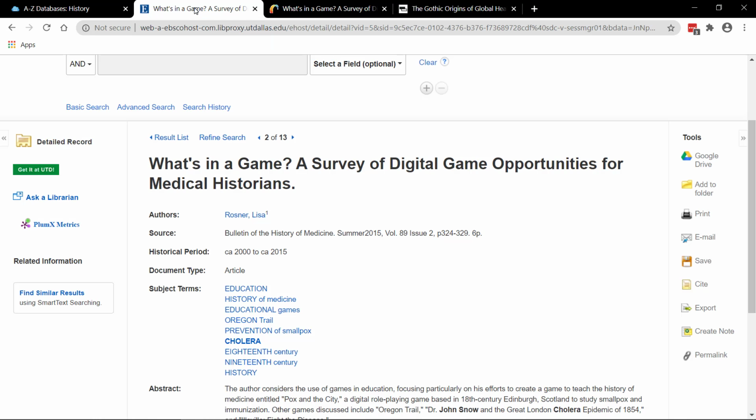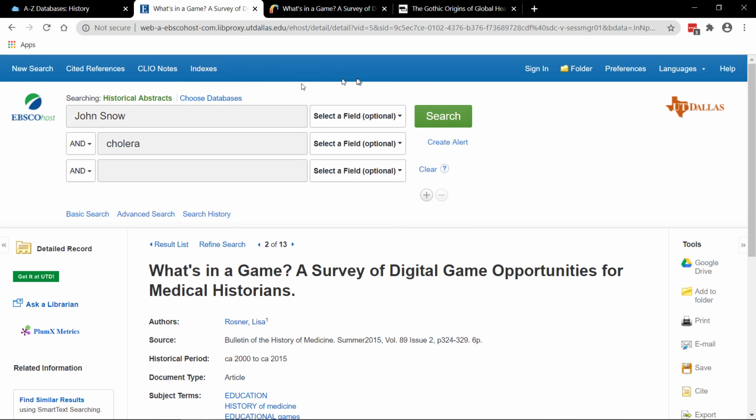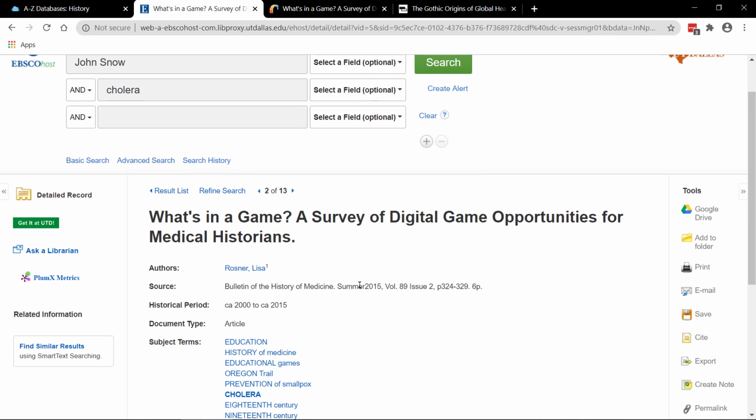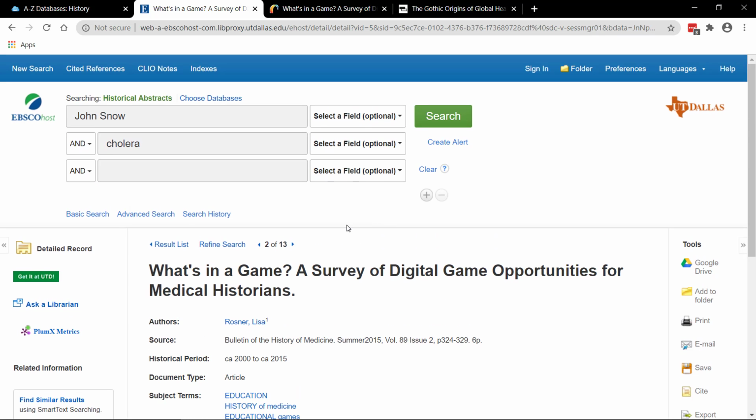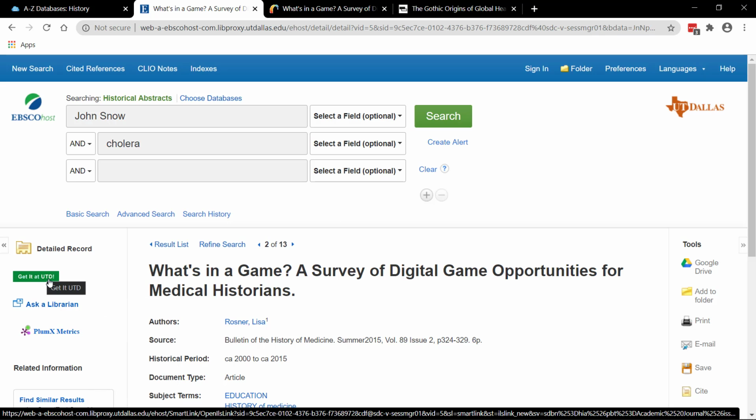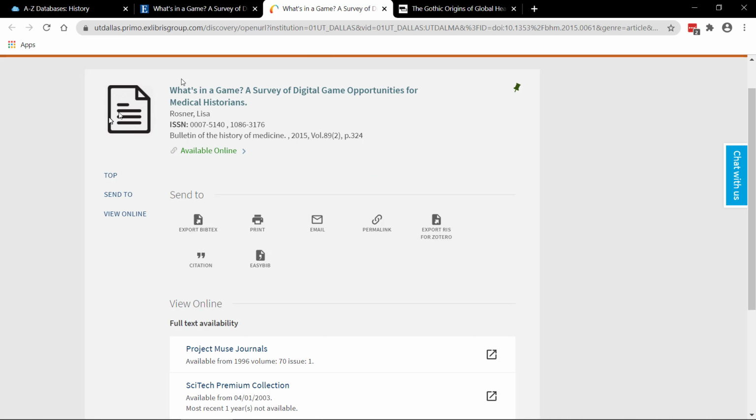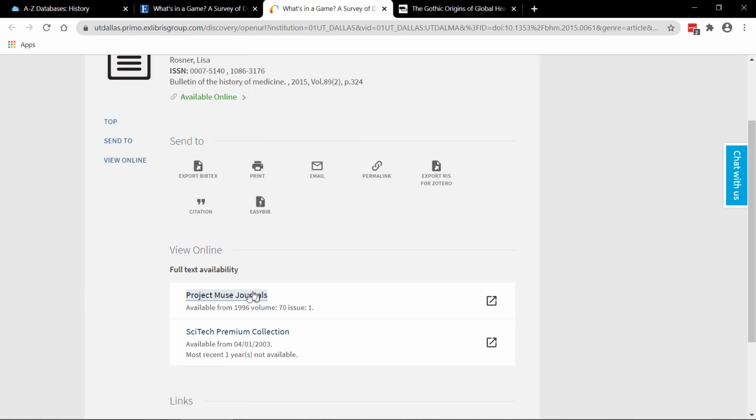The thing to keep in mind with these third-party databases for your research is that they don't talk to each other. So if we have full text to an article through another service, that first database you're in may not know. And so that's what the Get It at UTD link does for you: it will search against those other collections, and if we get a match, it will tell you Available Online in green on that next page, and then you just simply click the link,